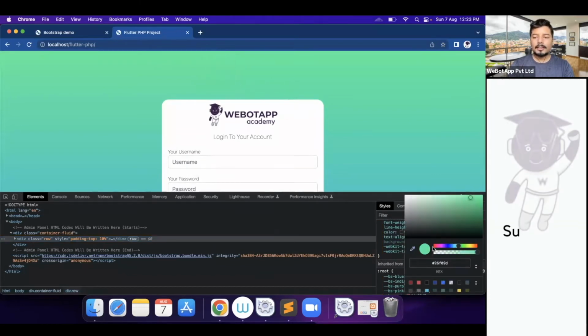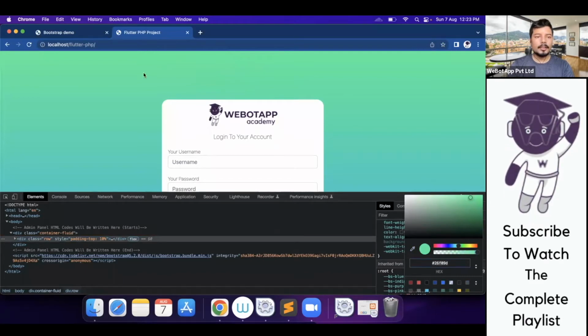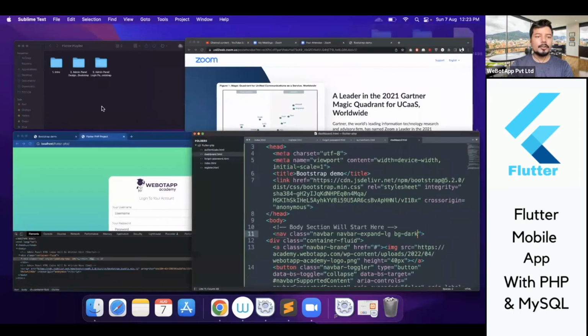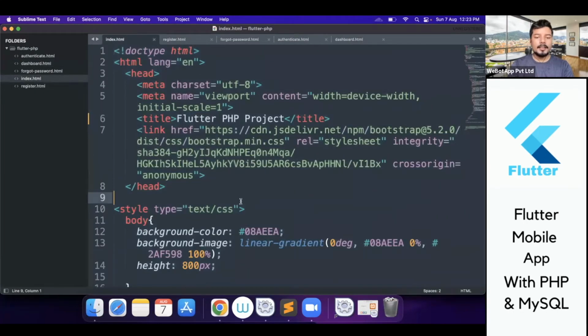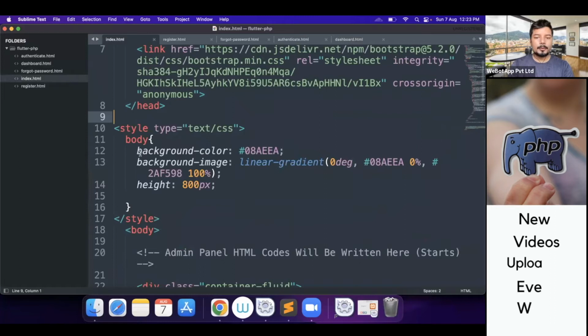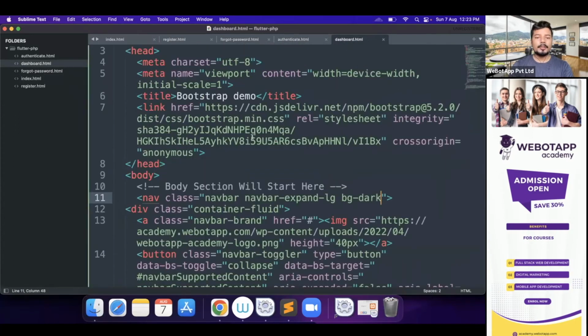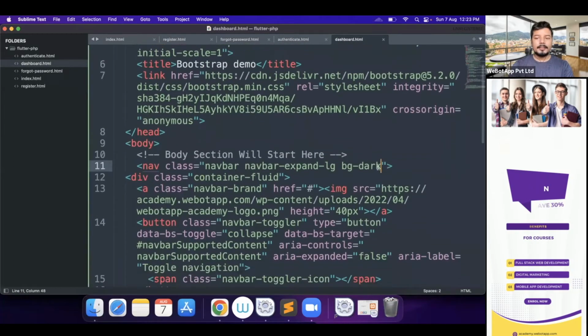I'll be using the color selector tool. I can also do one more thing. Let me go to the code editor and the index page. So here we have used a property for CSS gradient, and let me go to the dashboard, and instead of